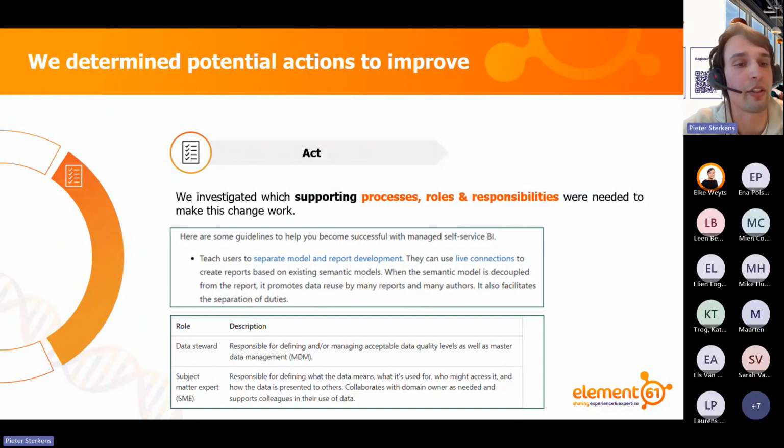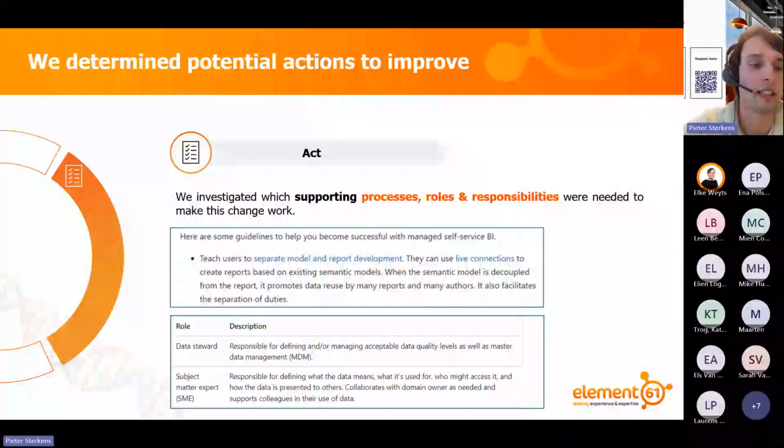So the usage of a live connection from report to a semantic model to allow that separation of duties. Also, a list of potentially interesting roles and responsibilities that you can assign to certain people to facilitate this process. And